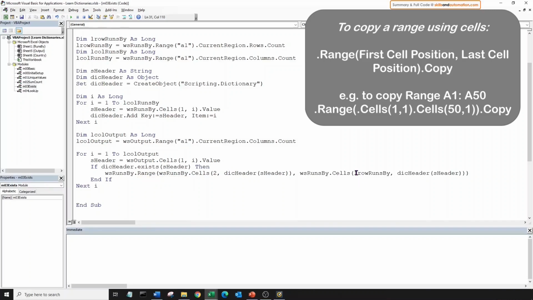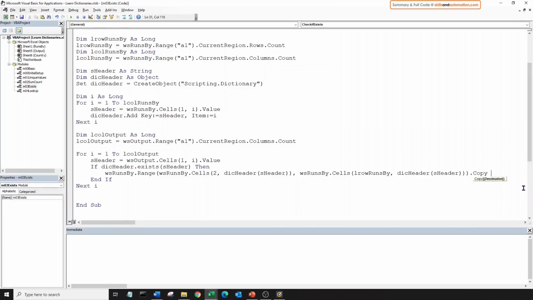And the final cell, which is in the last row, and the same column number from the item. And let's use the copy method. Take this to another line. And we need to provide the first cell we want to paste it into, which is in the cell in the second row in the current column.